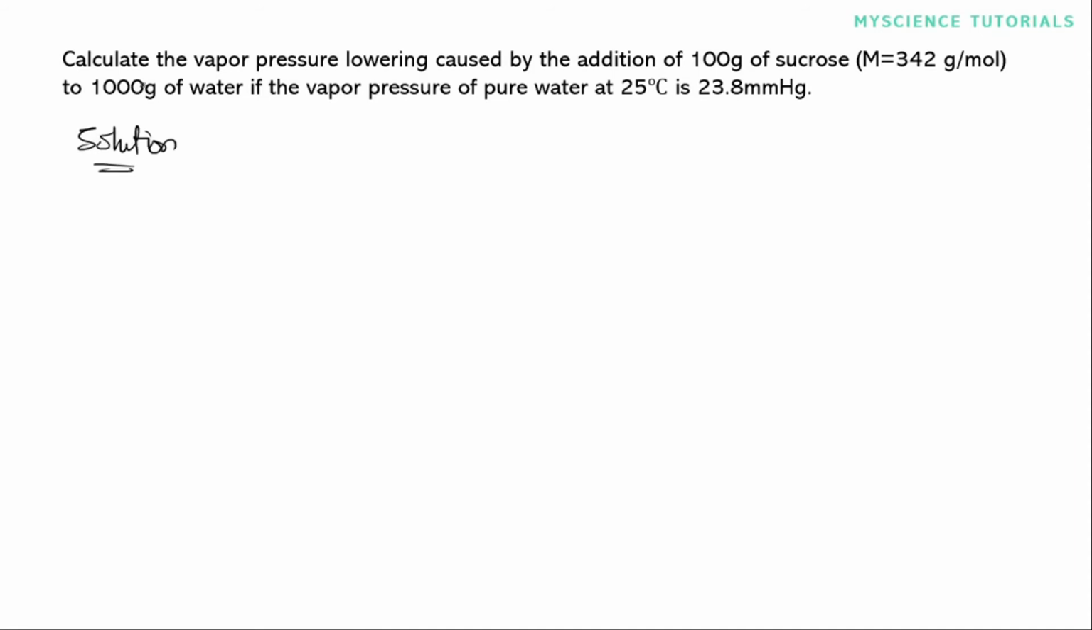So we are to calculate the vapor pressure lowering, that is delta P, which is what we don't know, by the addition of 100 gram of sucrose. So our solute has the mass 100 gram. Now the molar mass of the solute is 342 gram per mole. Now we added it to the solvent,